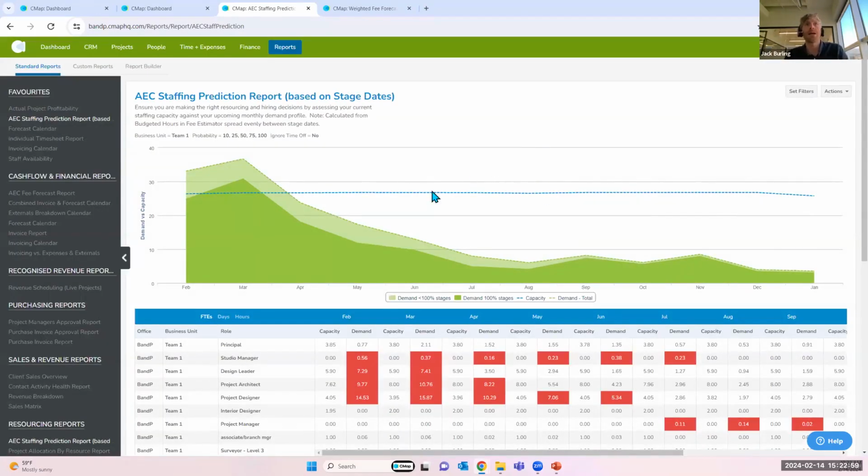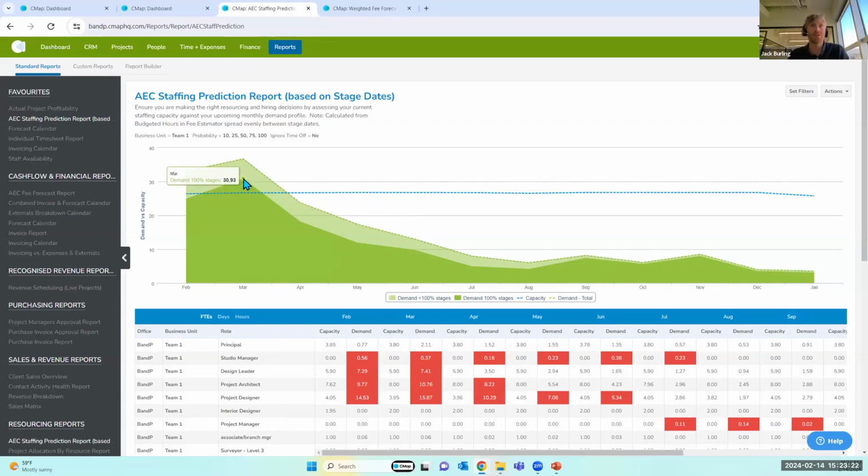Okay, so this is showing me that at this moment we have enough work to keep everybody busy, and there's quite a bit in the pipeline coming in the immediate term, but then that does tail off. So we will need to try and focus on adding more to the pipeline for the spring and summer months in this particular